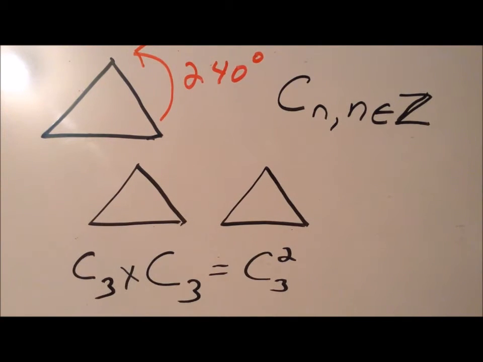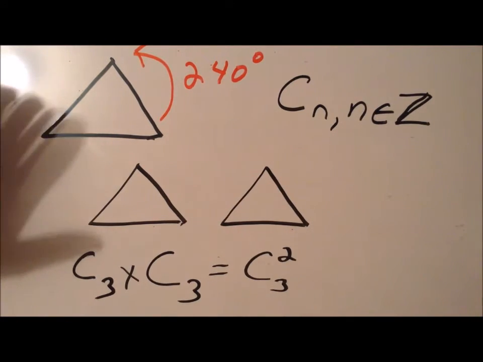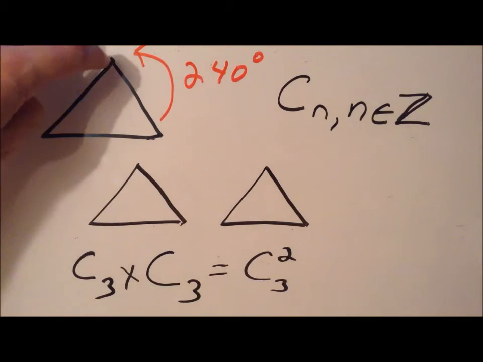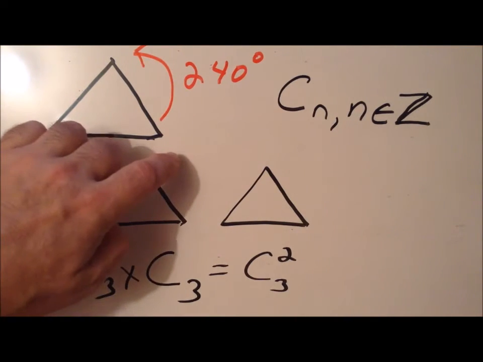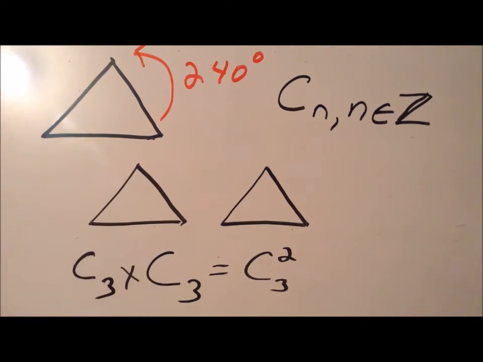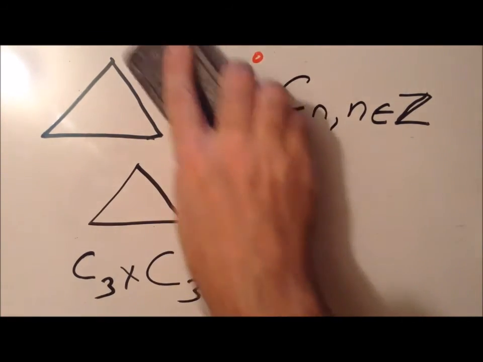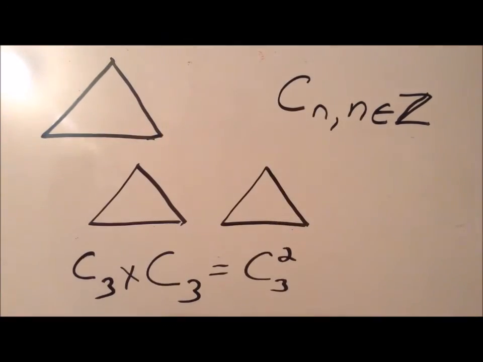Now, one thing we might notice is that we could achieve the same effect. This vertex here that we started with, after one C3 goes to here, after the second C3 goes to this vertex. I could have achieved the same result by rotating 120 degrees in the clockwise direction. So our 240-degree rotation counterclockwise is equivalent to a rotation clockwise. So you get the same effect by a 120-degree